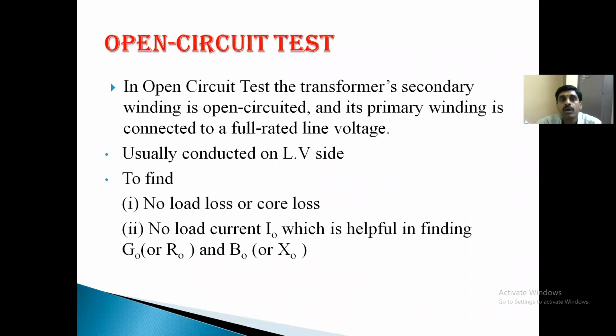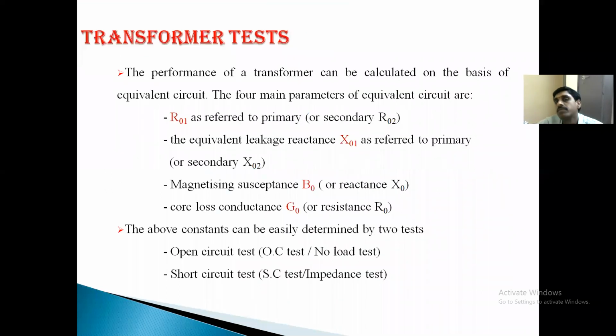The performance of the transformer is calculated on the basis of the equivalent circuit. And as I said, why are the tests conducted? To find out the losses. In DC motors also we discussed, you have to find the losses. From the losses, you can find the efficiency, heat, and everything can be calculated. Therefore, our performance can also be judged by the losses. So the calculation of losses without actually loading the transformer is important. We cannot load the transformer for the sake of testing losses, because it is a waste of power.